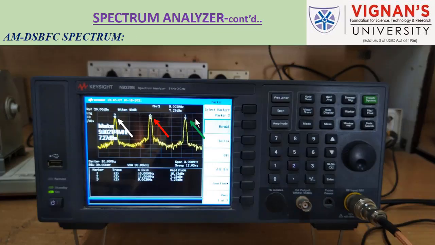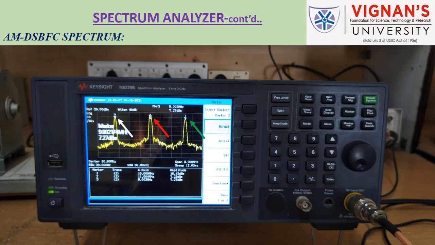And in addition to these calculations, we can see the spectrum of any signal, like an AM signal and a DSBSC signal. Those measurements we have done, and the final display we have provided here. This is the measurement of the spectrum for the DSBFC amplitude modulation. Here three markers we have given, and below the display we have given a marker table also. Three markers 1, 2, 3 are available, and the first marker, the red marker, is indicating 10 megahertz. Our carrier signal, whatever we have taken in the generation of this spectrum, is available at 10 megahertz, and the message signal frequency is 1 megahertz.